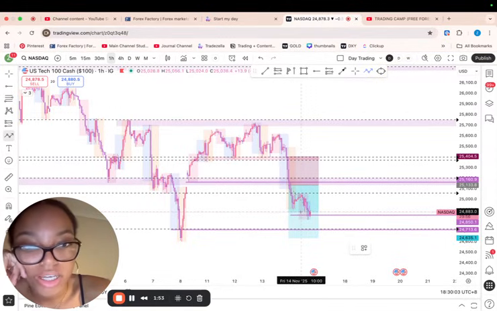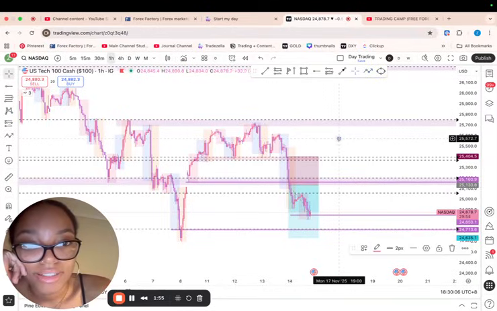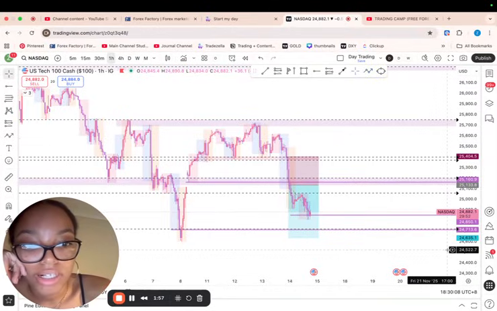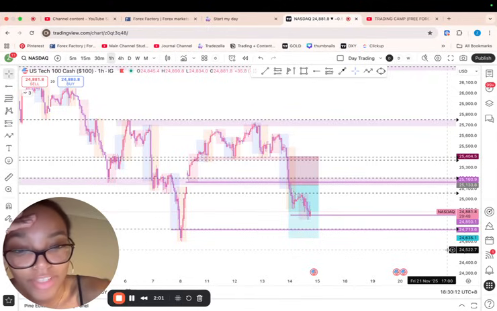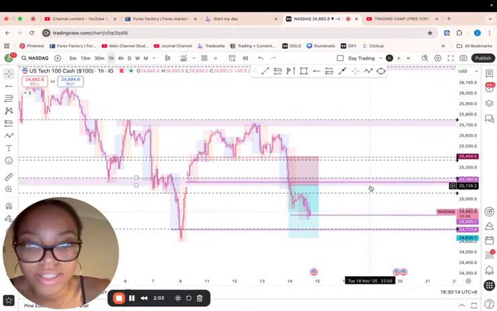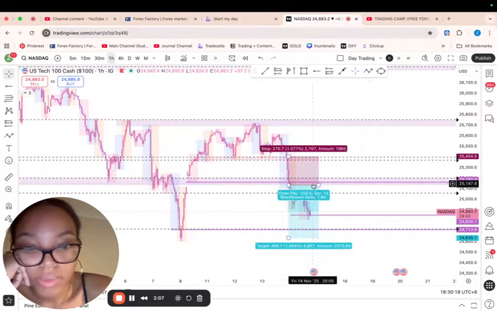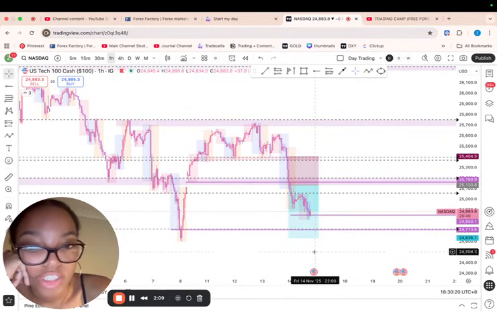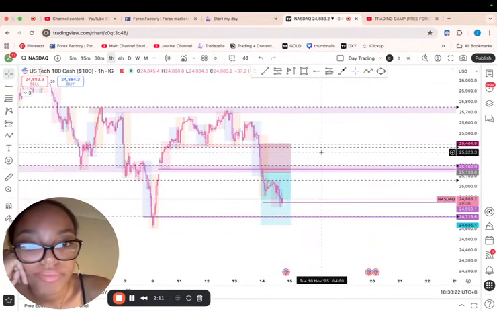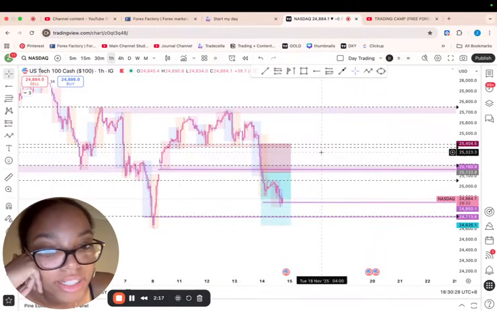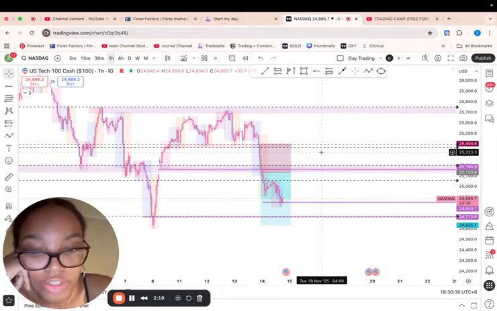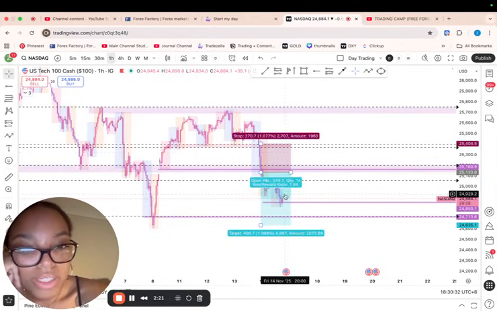Price started reversing. I've been learning chart patterns. If you watched the Trading Diaries episodes, you would know that. I've been saying I want to understand chart patterns for the longest time, and I'm finally starting to see them clearly on the chart. That's really what I'm looking at the moment, just this trade for NASDAQ. I just want to see it play out, and if it doesn't play out, that's all good. I don't really feel the need to analyze to find more entries if I'm already in a trade, if you know what I mean. But we'll see what happens.